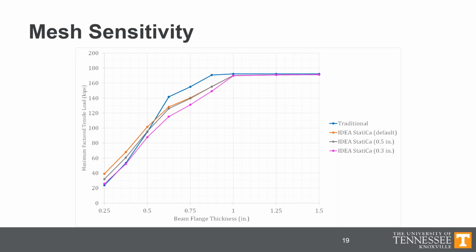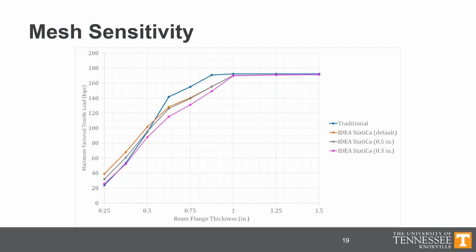And so we see in this case that there is some sensitivity of the results to the mesh density, especially when prying action controls. In this region up here, where the bolts control, as expected, we're really not seeing any difference. But over in these regions, we are seeing some reduction in strength, according to IDEA StatiCa, as the mesh gets refined. This gets a little bit tricky because given the way that IDEA StatiCa models bolts, welds, and connected plates, a finer mesh does not always produce a more correct answer, but it does provide some useful information to look at this every now and again